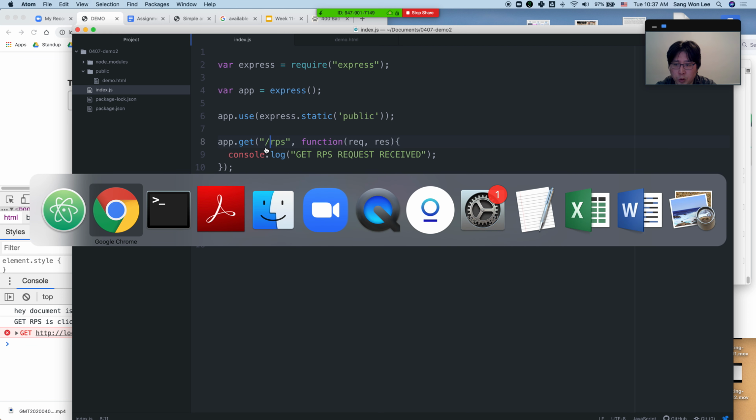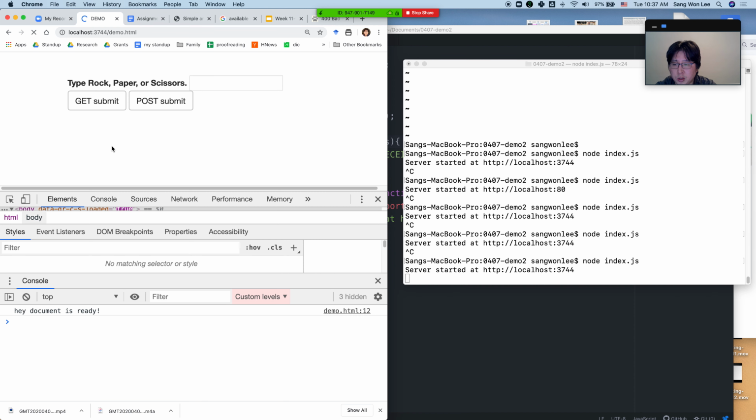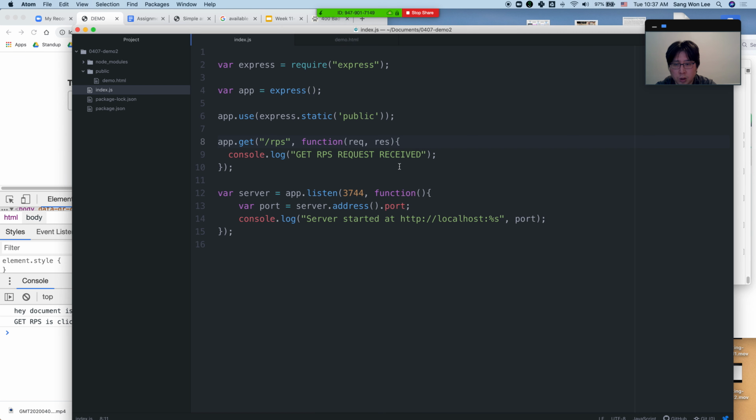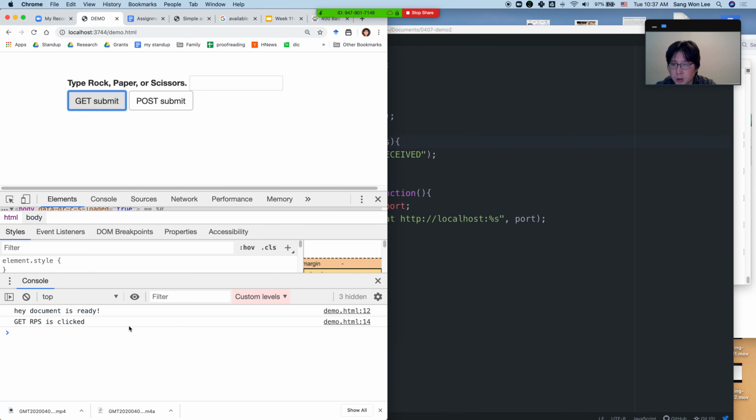So let me refresh, restart the server, restart the page. Clicking it is going to actually make the server-side program respond to this. Okay, so it is responding,